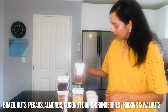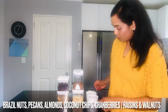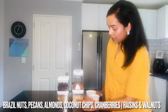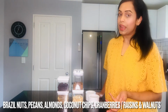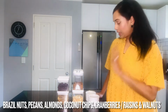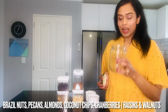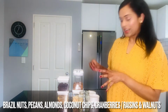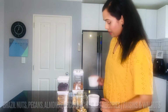Here is some almonds. I've got some coconut chips. These are really nice. They're just dried coconut. I also have some Brazil nuts, some pecans, some walnuts, and I'm going to use some cranberries as my dried fruit. You can also use dried apricots, you can use raisins or sultanas, so whatever you prefer can go in here. So to make this, you just need an empty jar. Alright, so I'll put this down and then you just add all of the nuts inside. So I'm just going to add some of my